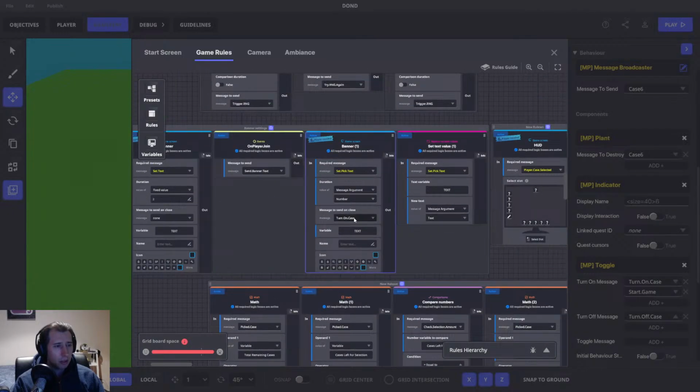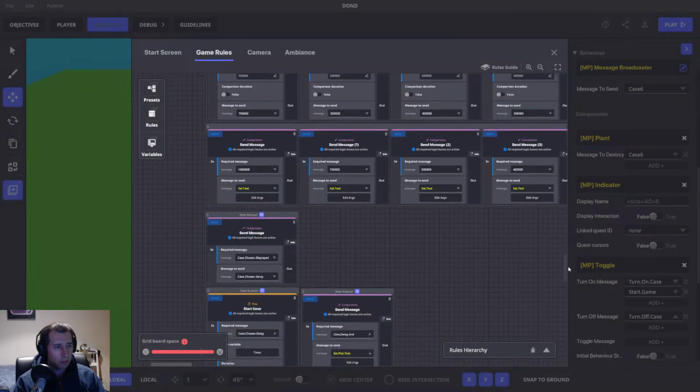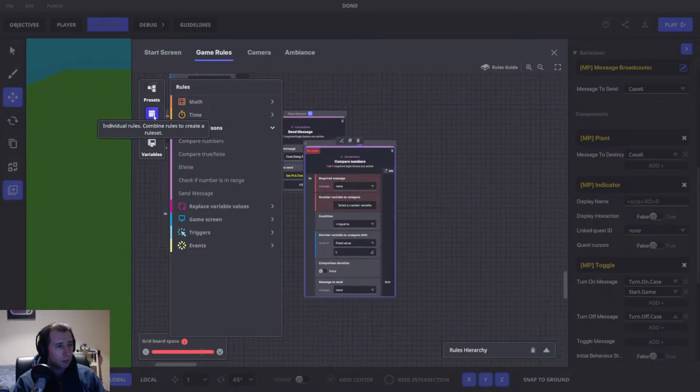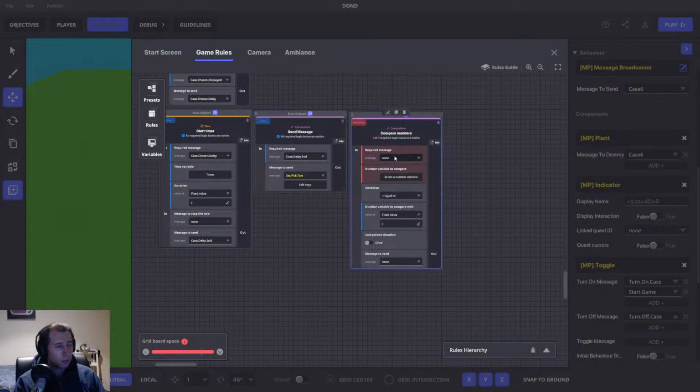So what we can do here is, I'm going to write that down. It's turn on case. All right. So what I'm going to do here is check case. Check case amount. So we're going to check case amount. We're going to go down here, and we're going to do a comparison, and we're going to check case amount,